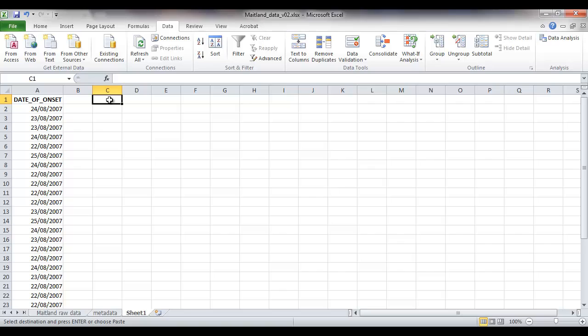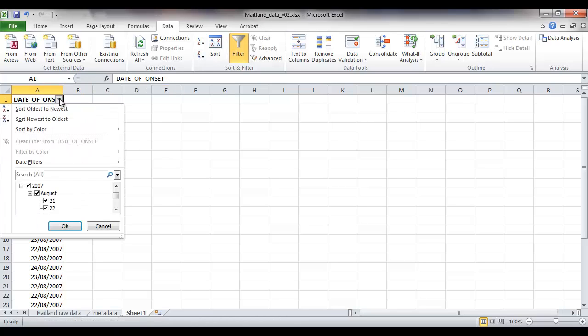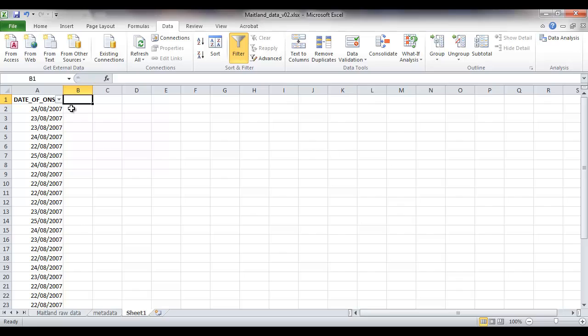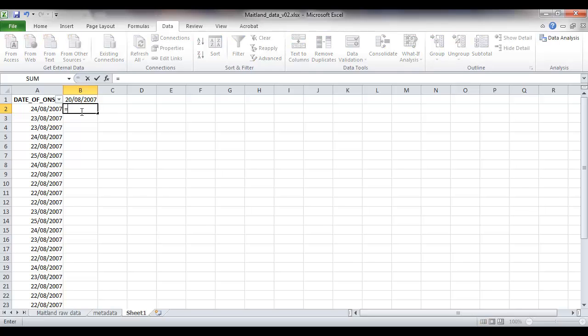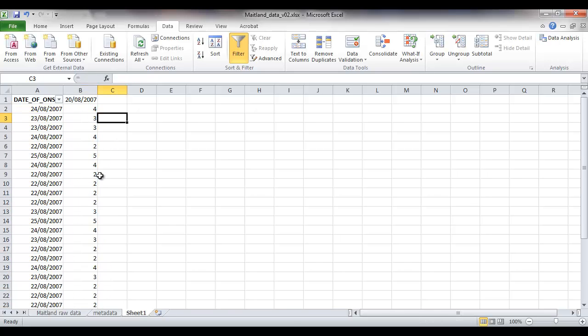Okay, so we want to plot the epicurve. So that's going to be a histogram, and a histogram needs bins. What we might do though, rather than using the date values as the bins, is to look at the range of those date values and attribute day numbers rather than dates. So the days range from August the 21st to August the 25th. So if we make August the 20th our day 0, we can then calculate F4,